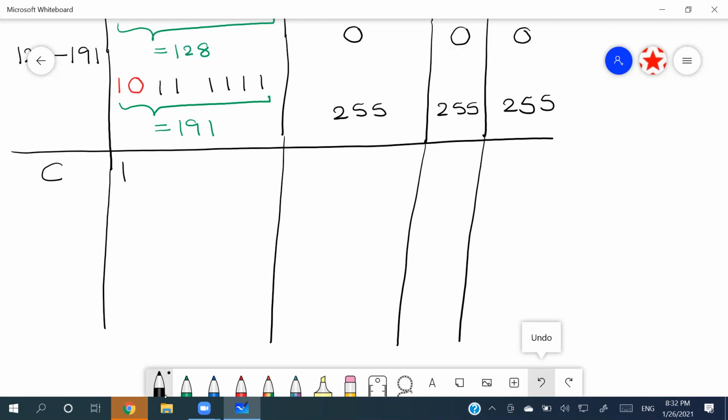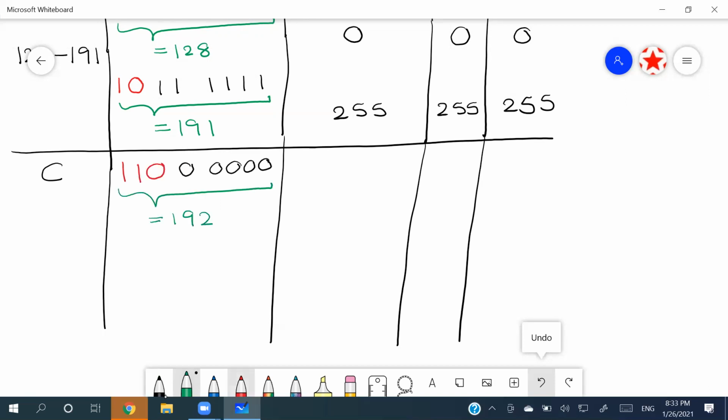It has 3 leading bits, 1, 1, and a 0 is going to be leading bits. So the rest of the bits can be changed. So the least value is going to indicate by this, and which has the value equals to 192,